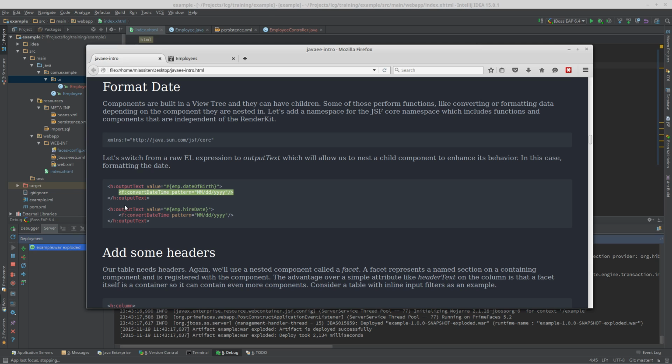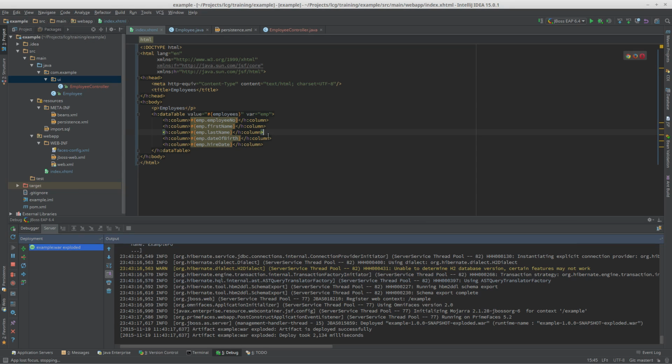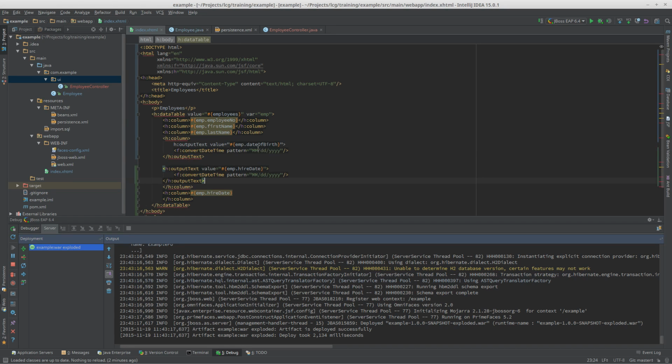So in this case, what we're going to do is we're going to format these dates. So we have two dates. We have the hire date and the date of birth. So we're going to go ahead and do this. That could have been a little slicker than what I just did there, but